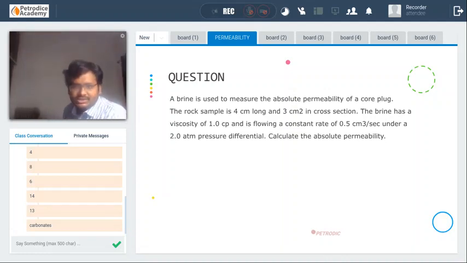So do this question, guys. First, you do this particular question and give me the answer. Write down the question carefully and give me the answer. It's a very easy one. See whether all the units are in CGS or field units or in SI. Majority we will consider CGS or field. See, SI units are not much used, but we will discuss it also. First, write down the question and give me the answer, guys.